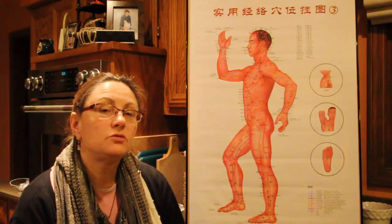So once again, it's important to know the Western medicine that you guys are learning, diabetes and how that works, and then to be able to take that and also look at another theory of medicine, bring the two together so we can work hand in hand with people's doctors to help with the symptoms as well as the causes of diabetes. So we'll do symptoms, which we call branch treatment, and we'll also do causes, which we call root treatments. So we'll try and figure out, why does the person have diabetes? Not just treat the symptoms of it, but also try and figure out what organ's not working quite right, that this person is not able to